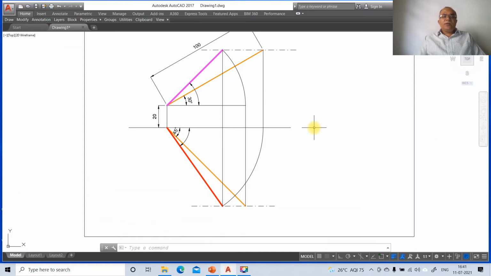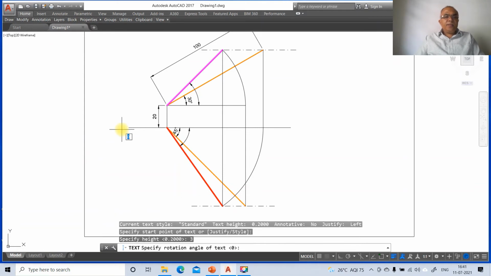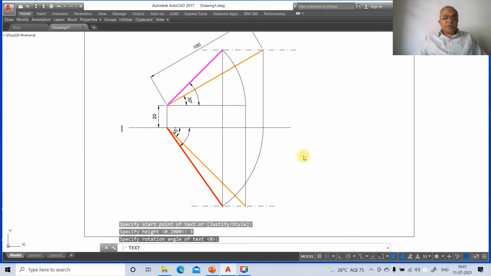Now we are going to write the text. So to write the text, go to the text. So you click on this. So take the text height as 3 and rotation angle as 0. You put the caps lock on.